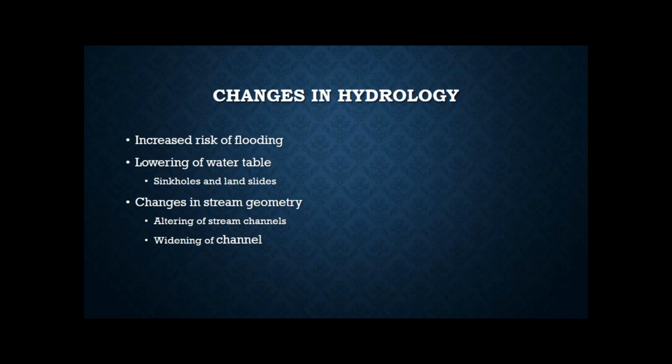Changes in hydrology. With urban runoff, it actually can change the shape and flow of waterways because of its flow through piping systems. So when the urban runoff first leaves the city area and flows down into the sewage system, and as the level of water increases, it flows at a higher rate. Sometimes this causes a widening of some channels, and another effect of urban runoff is the lowering of the water table.